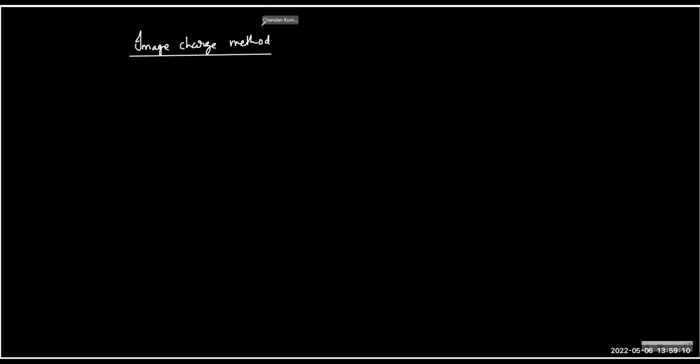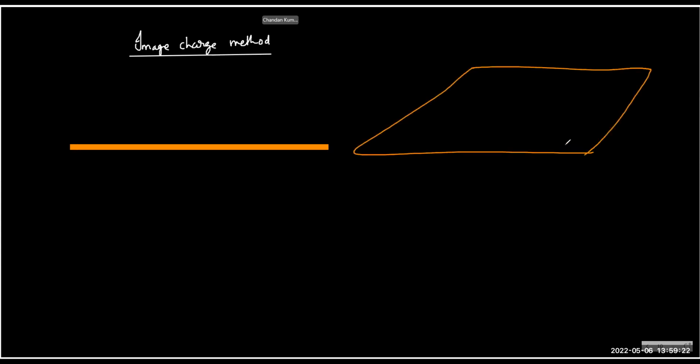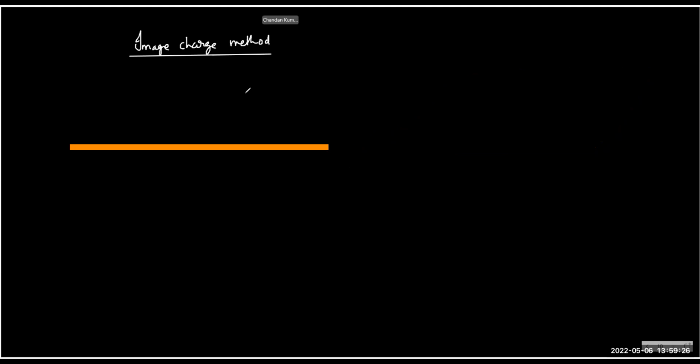So let's say we have a conducting sheet. You can think that the sheet is like this actually. I'm drawing it like this. And we have a charge here. So if it is a metallic sheet,